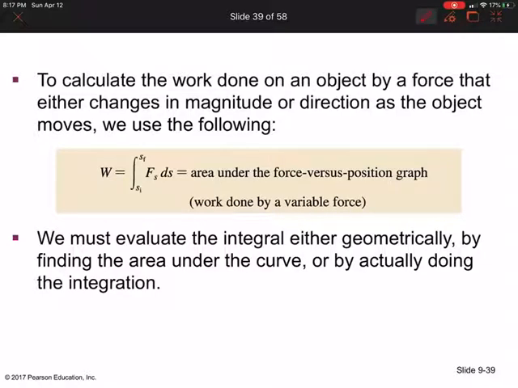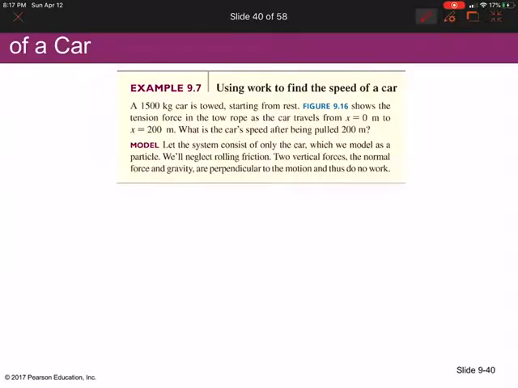Okay? So whenever the point of contact is displaced. This is just saying that to calculate the work done on an object by force, you should remember that if you were given, say, a force versus position graph, since the work is basically the integral of the force times the change of distance, then that's the area under the force versus position graph. So there's an example. It says, but apparently